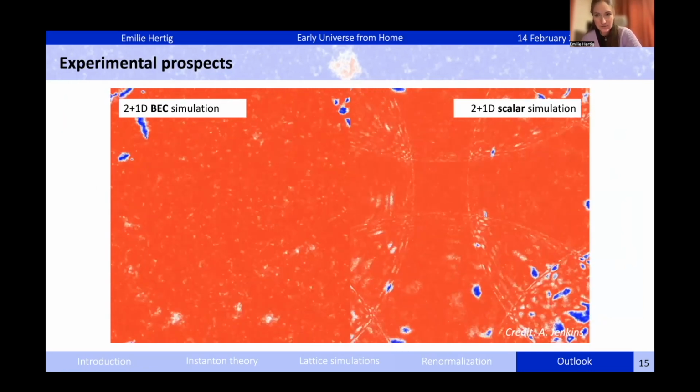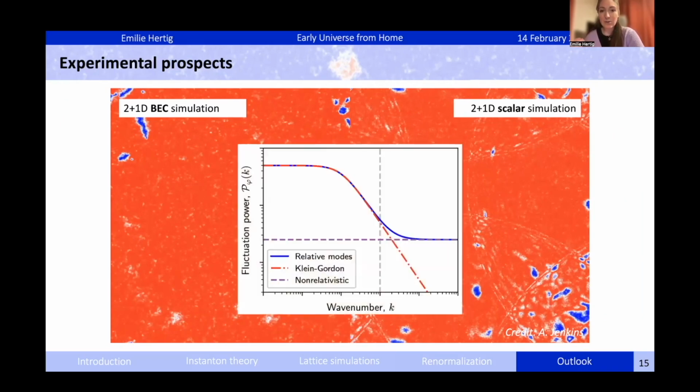Now, there are some key differences in the left panel. More bubbles have nucleated after the first one. So it seems like there are some key differences we need to understand before we are able to quantitatively interpret the experimental results. And again, this current ongoing work on renormalization will be key here, because as you can see,